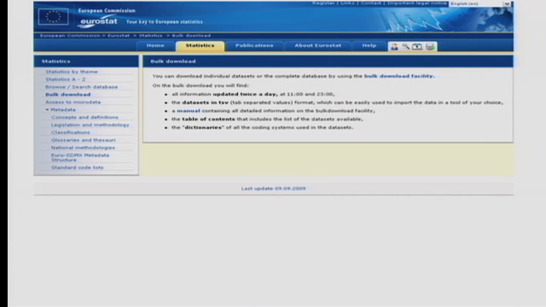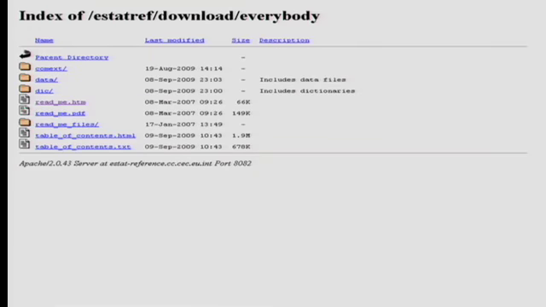And this is the European one. In Europe, actually, the bulk files are standardized across the different domains, so this is even better, you know? So let's do this as the last slide. Read at the top here. It says, index of stat.ref download everybody. Isn't it beautiful? And then the files are called data and readme, you know? Yes, you lose control, but you're going to have your website where you actually have the original number.